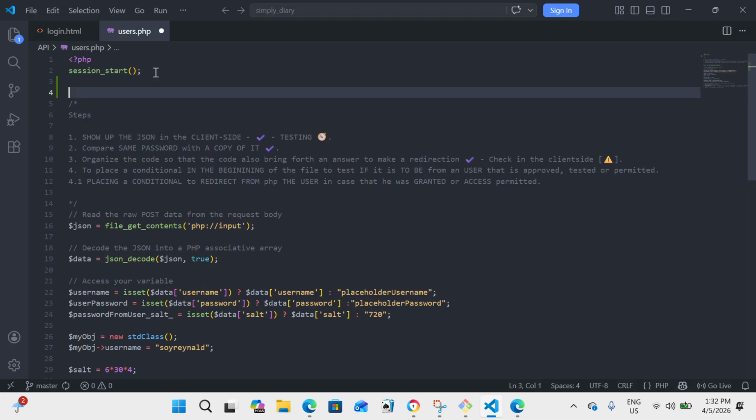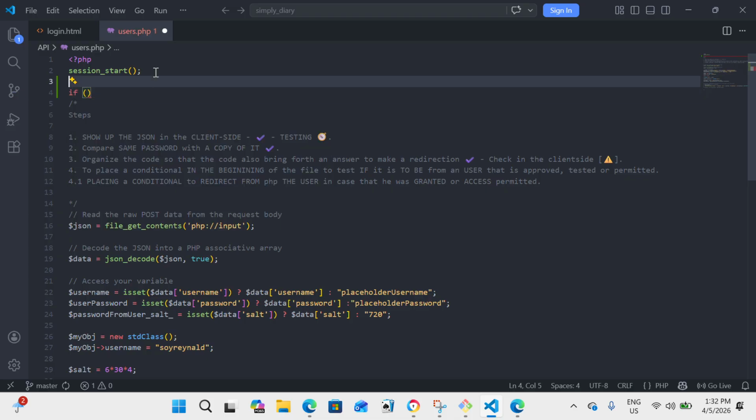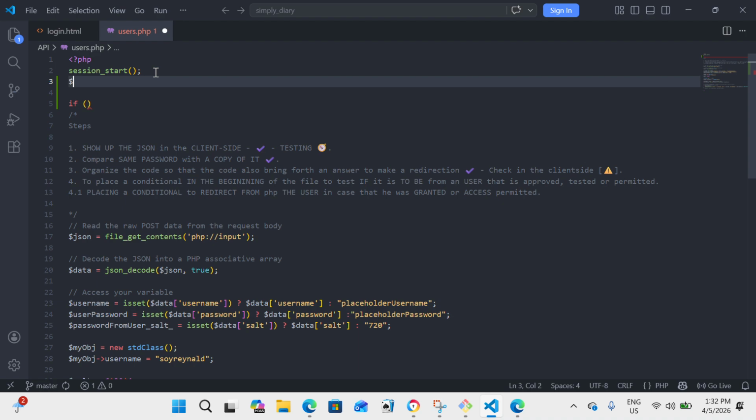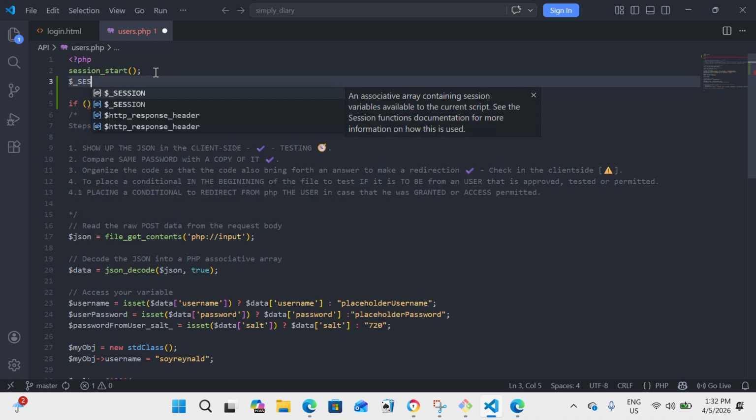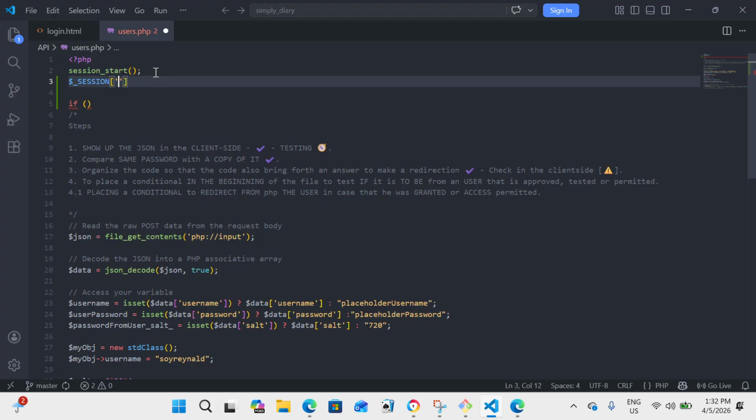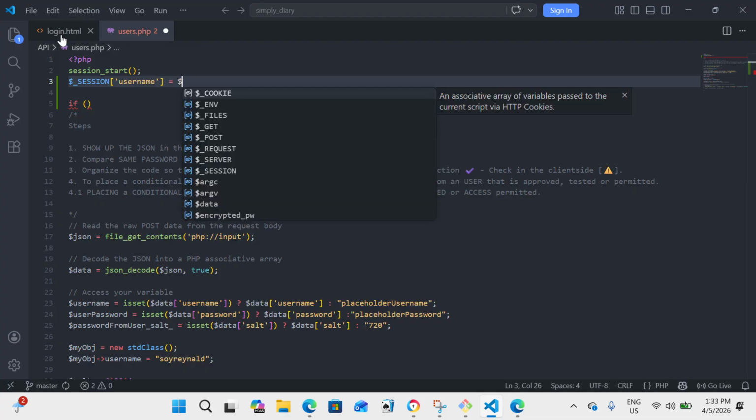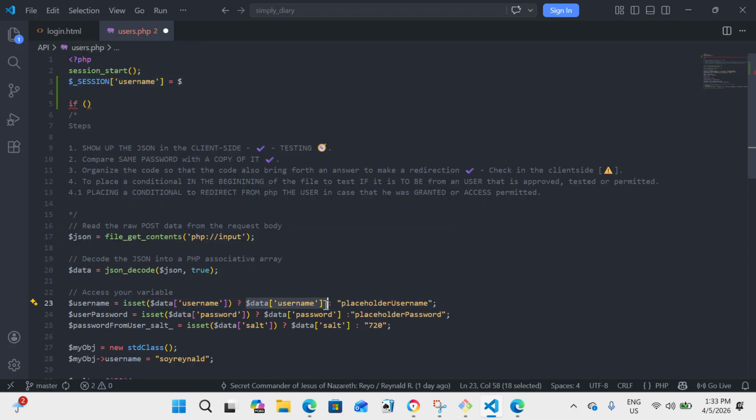Here we're going to say if, let's create a session first, okay? Session, in this case, is going to be, for example, username. We're going to place here that the username is going to be the one that is coming from the data, this one here. Copy, paste, because we are not